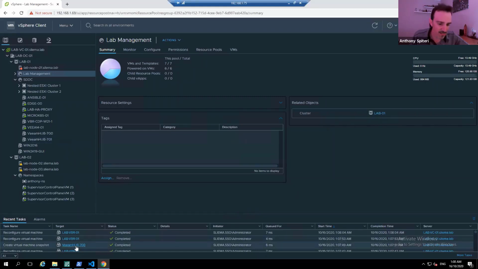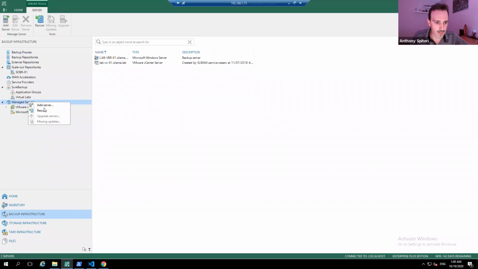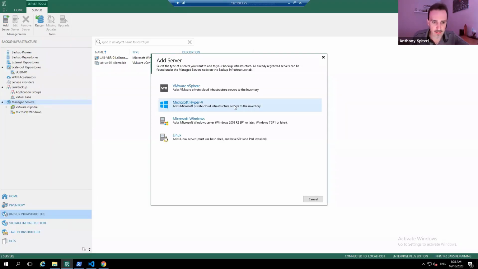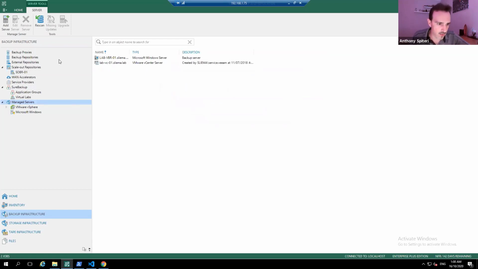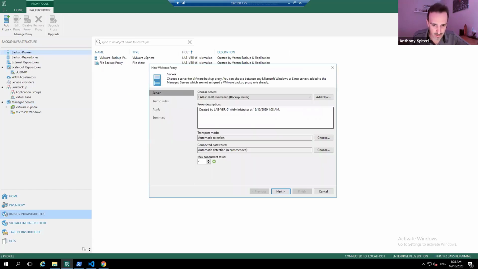Now, moving that step even further, we can go into our Veeam infrastructure view and add that service. Once we've added it to vCenter, we then add the server here. We can see whether it's a vSphere server, Hyper-V, Windows, Linux. We're adding these servers to the actual infrastructure console. From there, we assign it a role, right? Okay, so let's add a backup proxy. Let's go through all the configuration steps. Let's do it, okay? Mundane, boring, monotonous, okay?